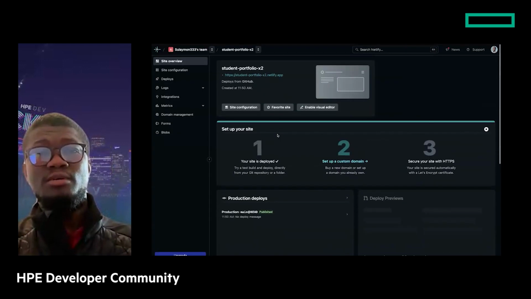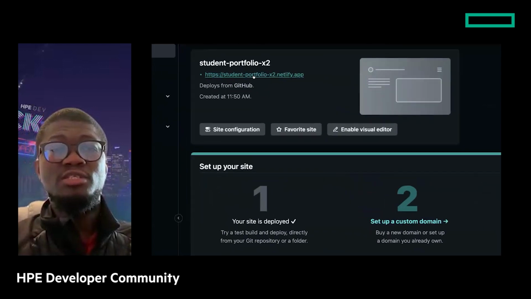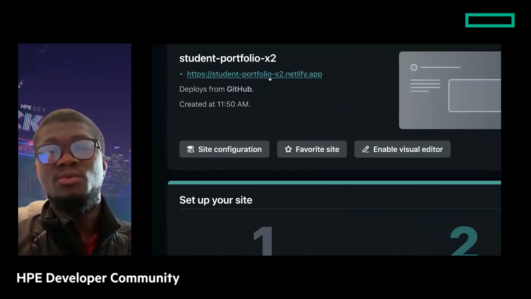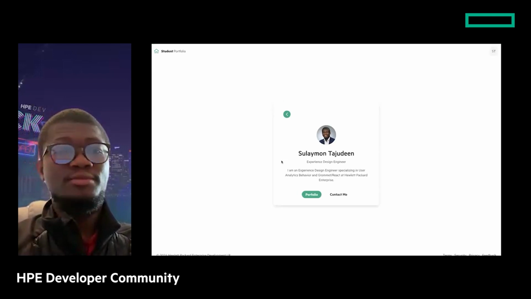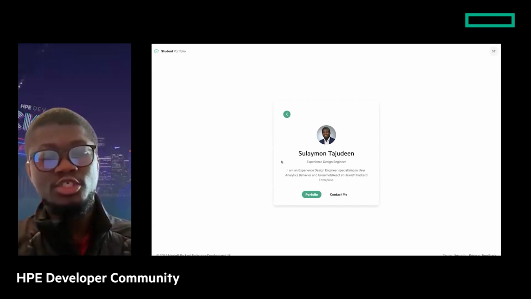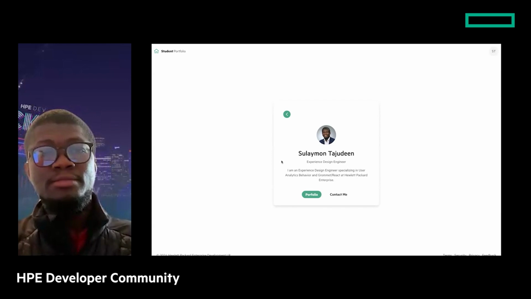Good. Now our website is published. And as you can see, we have student, just like what we call it. So let me click on that so that it can be opened in a new tab. And voila, you have it there, right? Beautiful, fast, responsive, and enterprise level application. And then there we have it. So let me quickly go back to